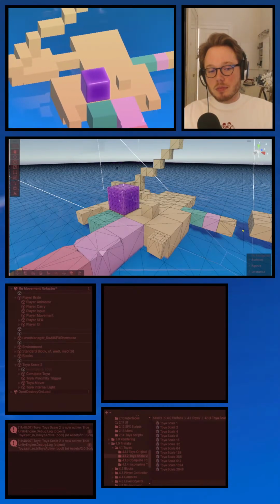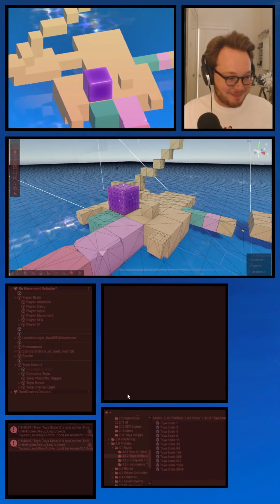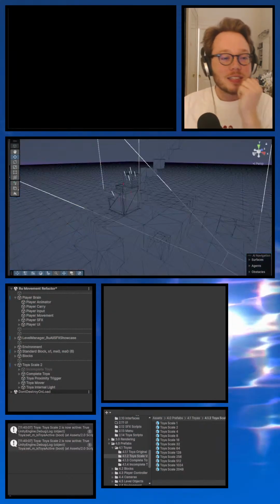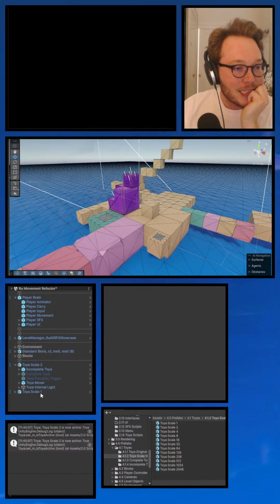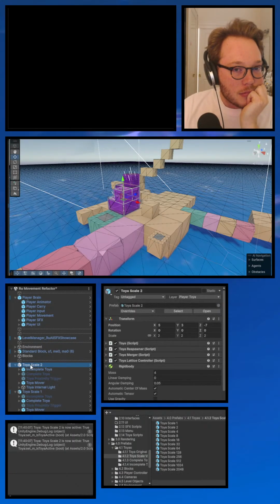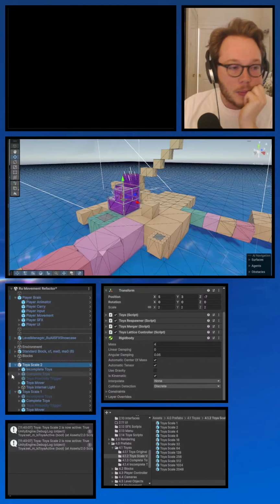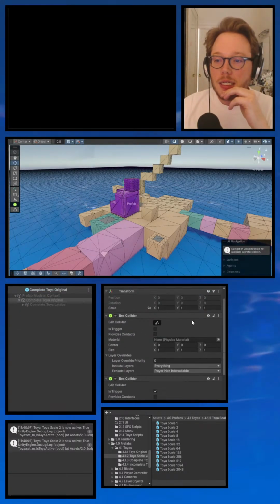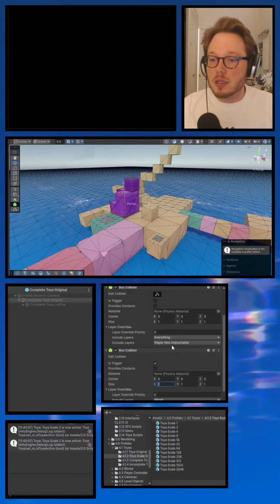Oh, yes, like that. Good, it immediately broke stuff. What I might do, actually, this is an even dodgier fix, is I'm just going to shrink this a little.